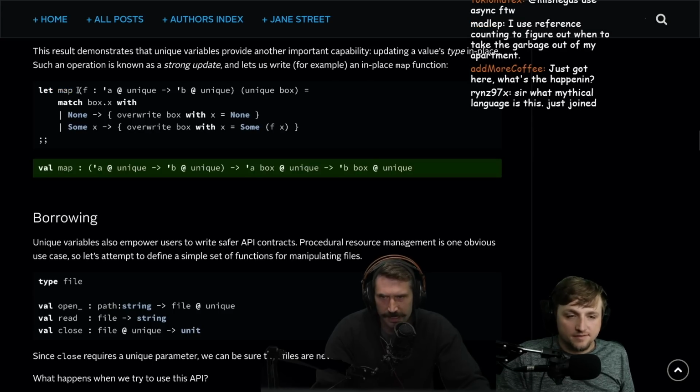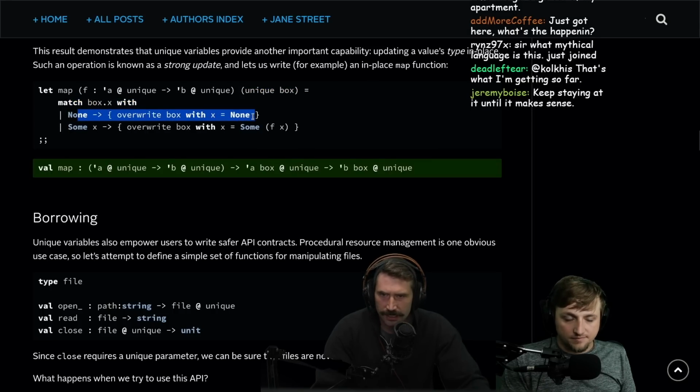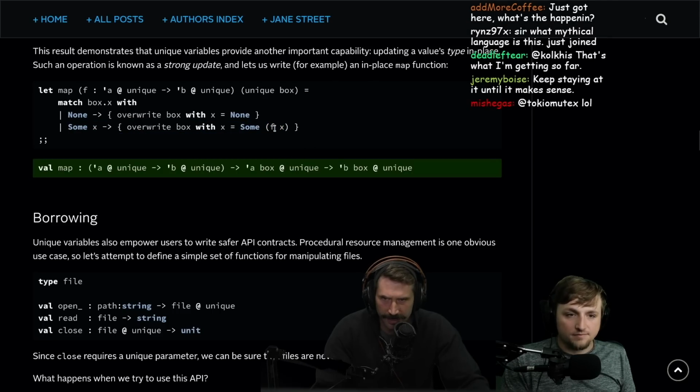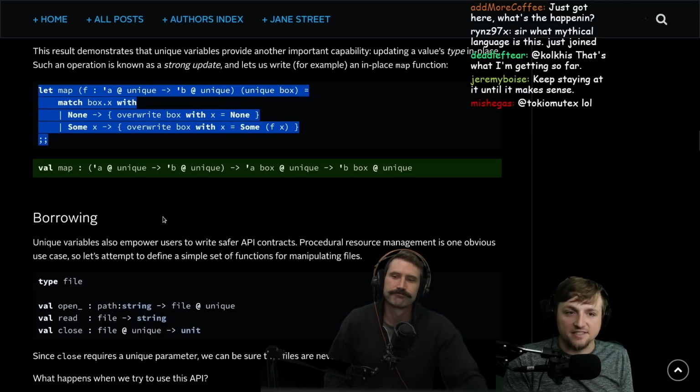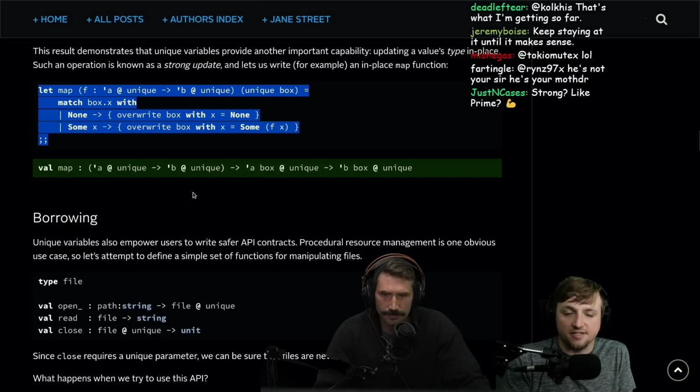Okay, this is the name. This is argument 1. This is argument 2, right? I'm still pretty weak at the old OCaml. Okay, so match box with X. If it's none, it remains none. If it's some, it now translates it into f of X, which casts it into something else. It calls the function f that you're passing on the value that's inside. So this is like option.map, basically, right?